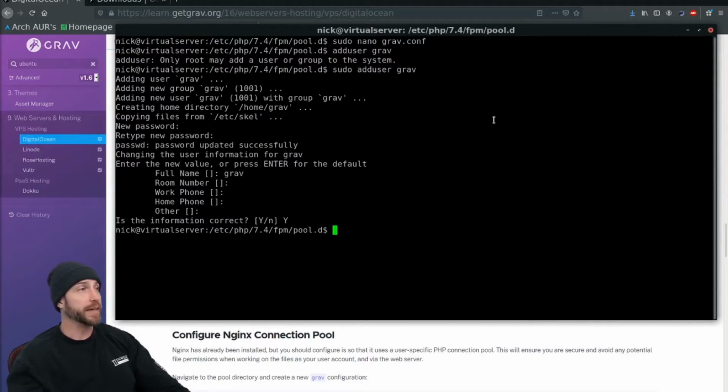After you've logged in all of the information, we're going to change to use the profile of Grav. So this command is sudo su - grav, and we are going to ls. It looks like we are in our home directory. So we are going to